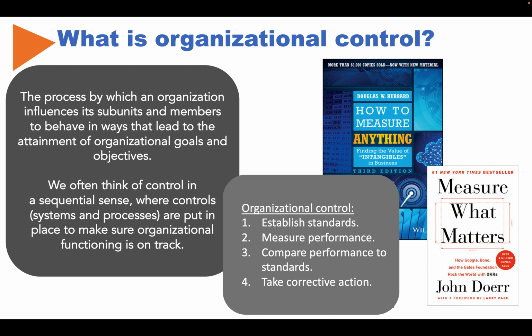There will take some resources to make sure that we have the right controls and that we measure our performance and then compare them accordingly and take action. That is what we see here in the right box listing our organizational controls. There are 4 steps involved. Firstly, we establish the standards. Secondly, we measure the performance. Thirdly, we compare performance standards to the actual performance. And then we take corrective action as needed.